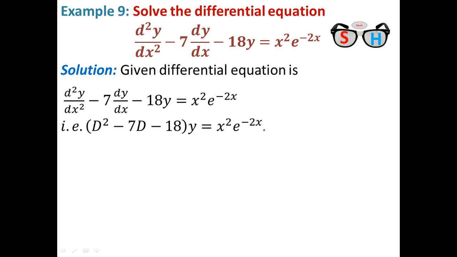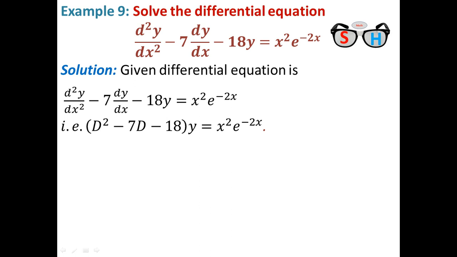All of you know about the solution of a differential equation with constant coefficients. The solution contains two parts. One is called the complementary function and another is the particular integral, which are discussed in other videos. For finding the complementary function, you can see the video on complementary function, and the video on homogeneous linear differential equations with constant coefficients. All the links to those videos are given in the description box.